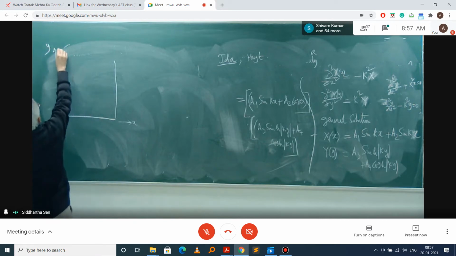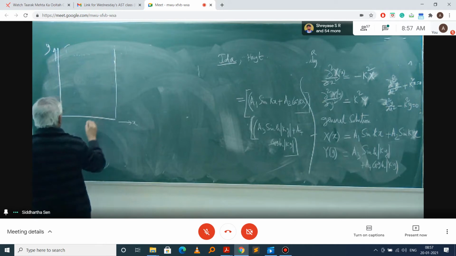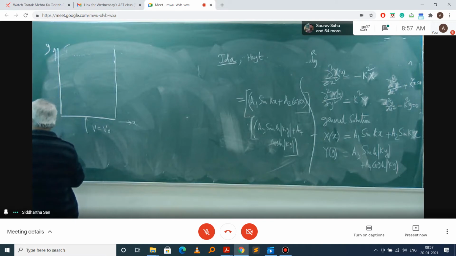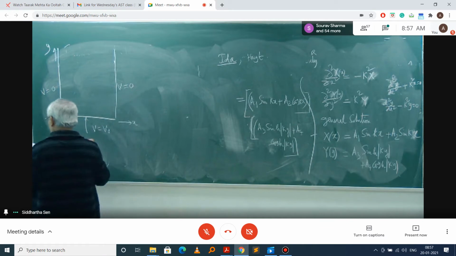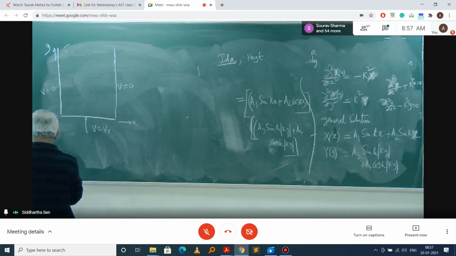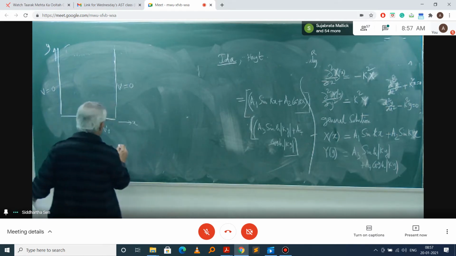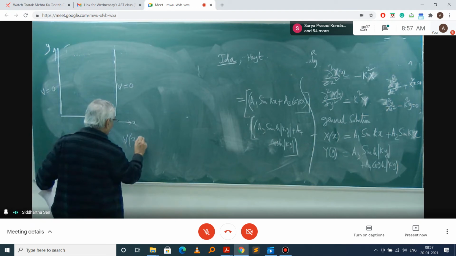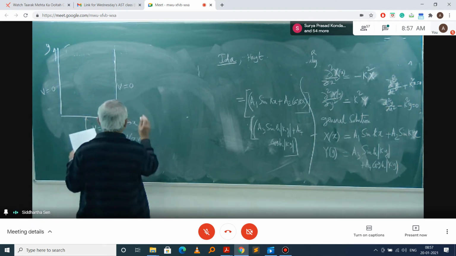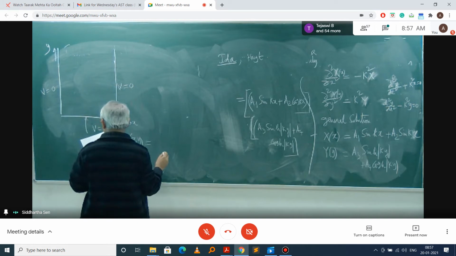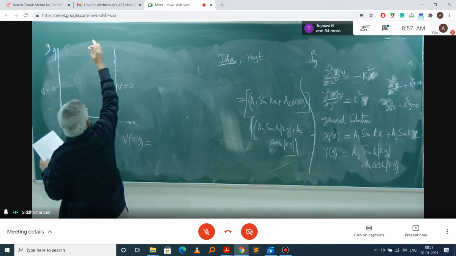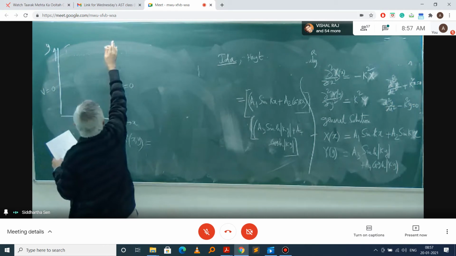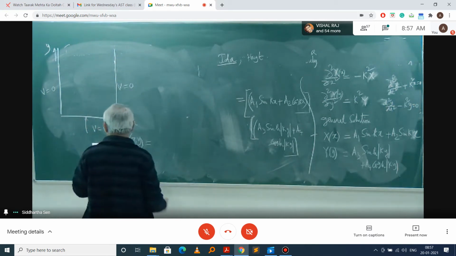It is basically, this plate is infinitely long. And this one is V equal to V0. This point, V equal to 0, V is equal to 0. Okay. So the solution in this case, the potential, you will get V of x comma y, by putting all the boundary conditions on like this there, and if y is infinite, so naturally this part will also be 0 there.